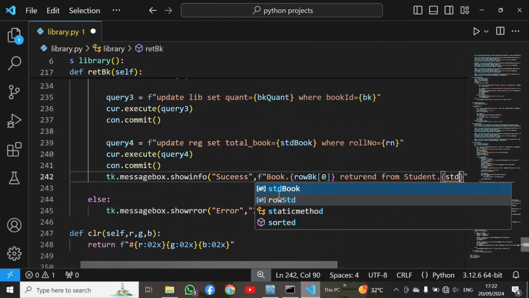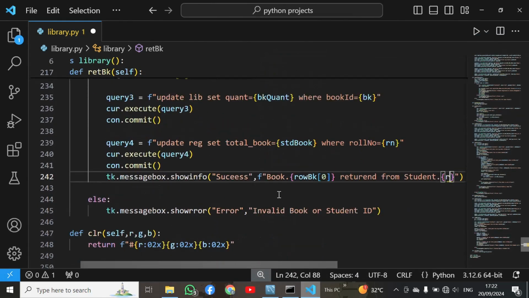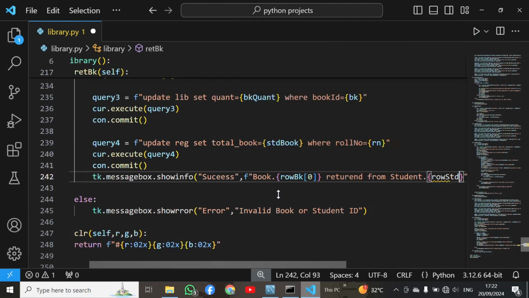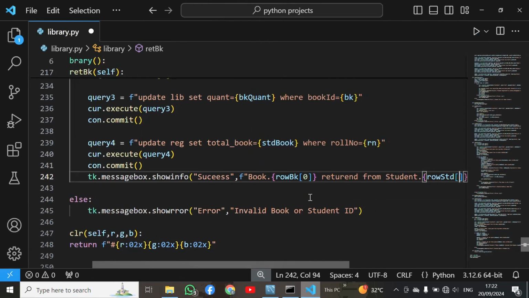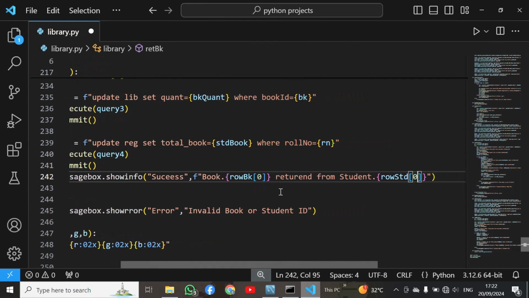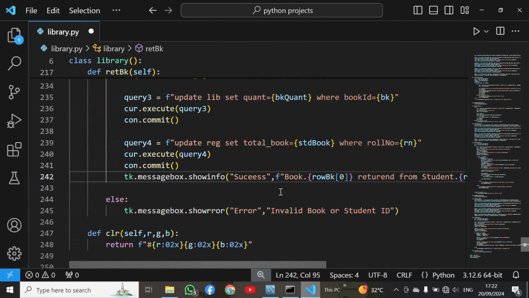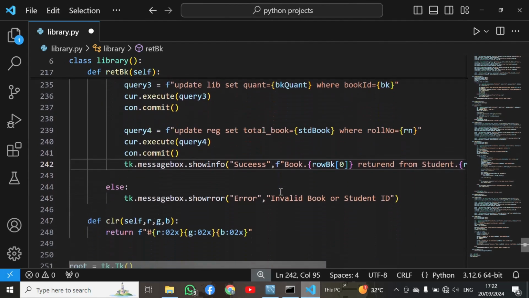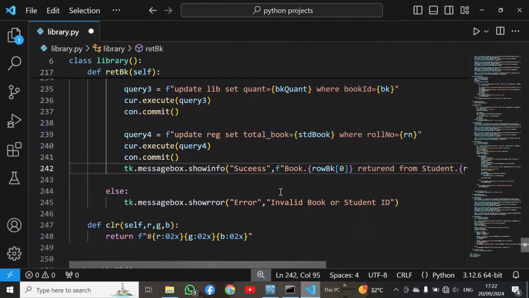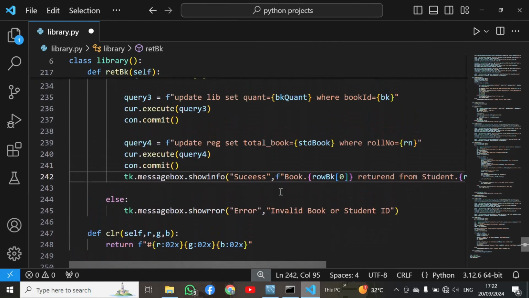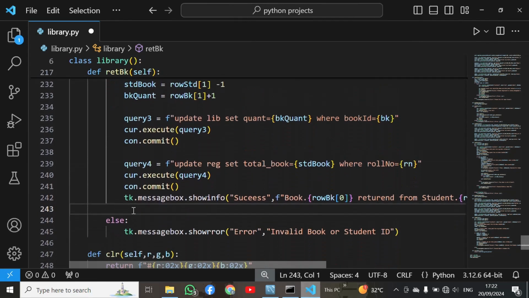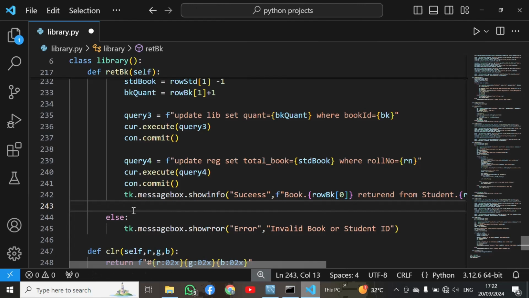Okay, row std, sorry, row std. So this is row std and the first index of row std. So this message will be printed and then we have to destroy this function or the whole frame. So I will call the destroy function here, self.destroy